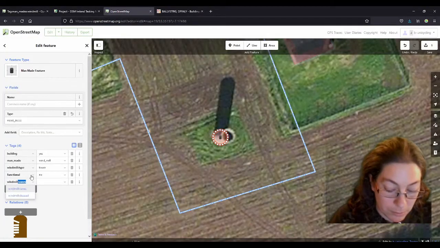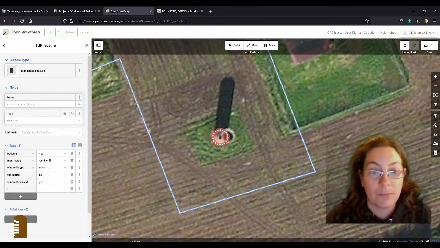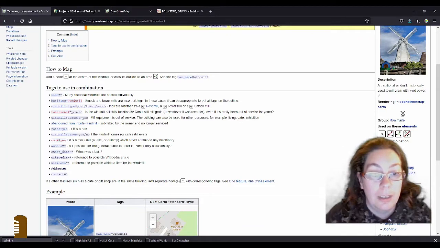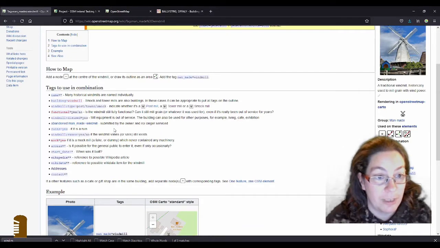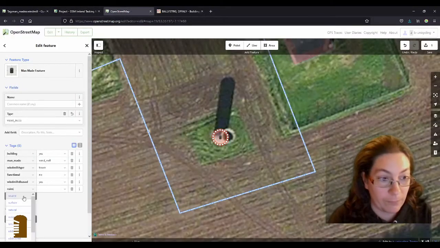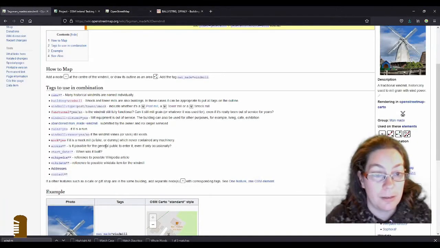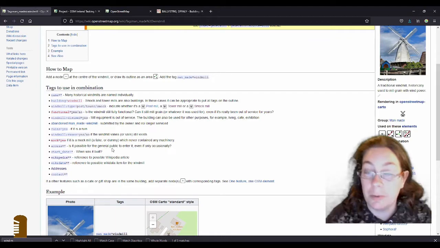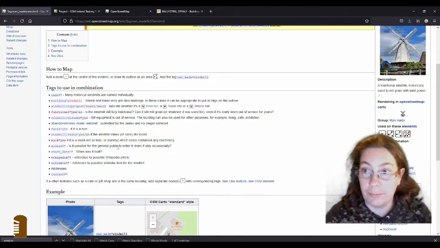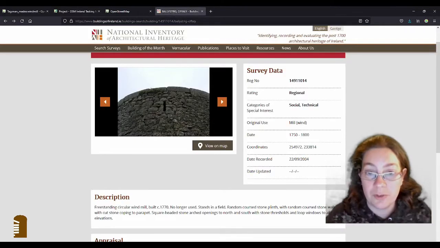Windmill:disused, yes. And you can read the explanations, you can look it up yourself. There's also ruins, yes, clearly. Access, is it accessible for the general public? I don't know because I haven't seen it in the flesh. Start date, there is some information